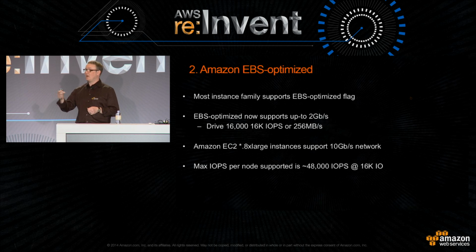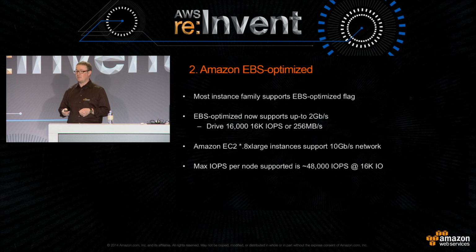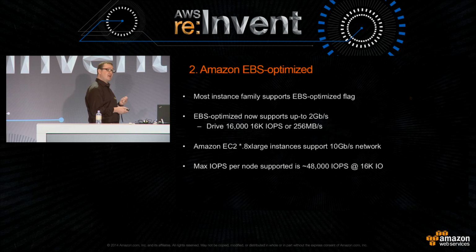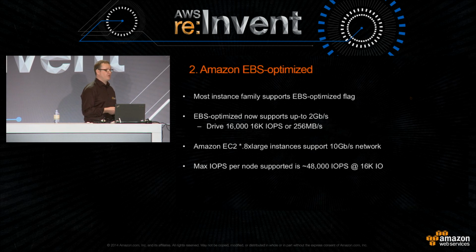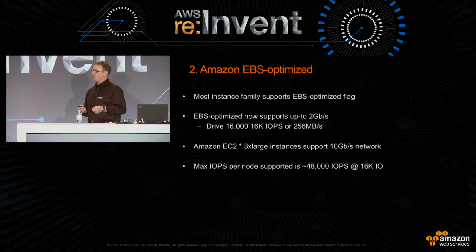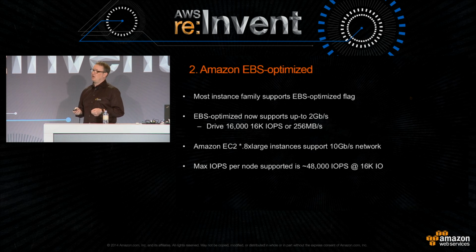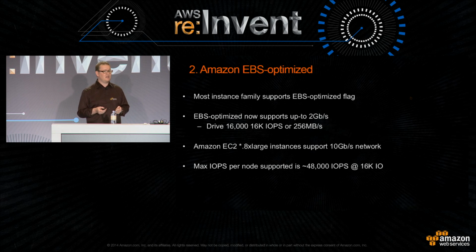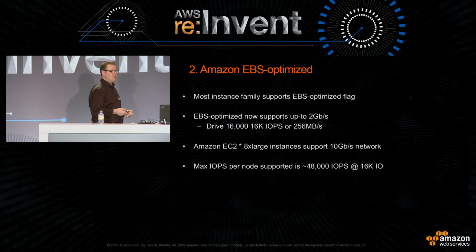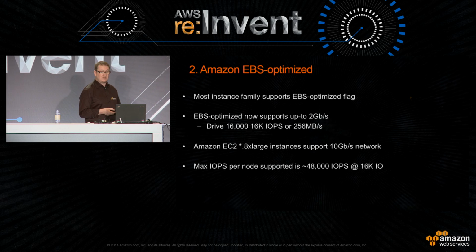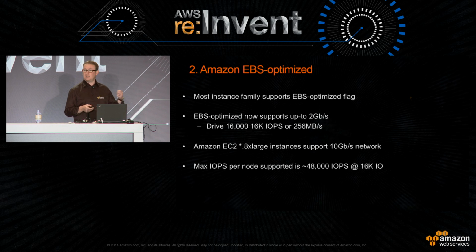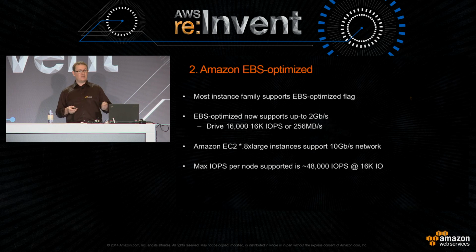It might be web requests coming in. It might be people connecting to your database. Whatever you're running on top of that, they're going to have to share the same amount of network bandwidth, or the amount of network throughput that instance has. And so sometimes EBS may perform the way you're expecting, and sometimes it may not. And it's going to be really hard to work out why that is if you haven't actually allocated bandwidth to EBS